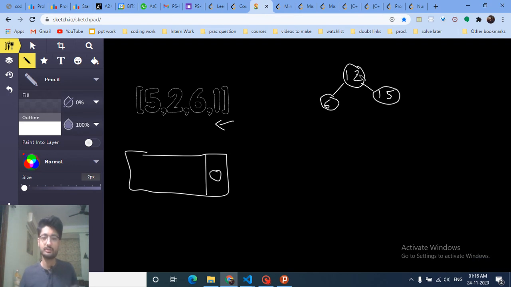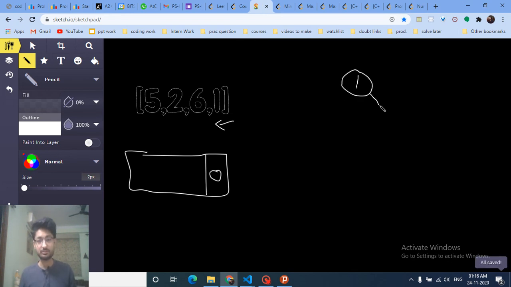Okay, oh sorry, let's erase this tree because it can get messy. Just start with this only. I have the first node, which is 1, then the next node is 6. The 6 is greater, so this is 6, then 2 is also greater than 1, but it is smaller than 6, so it's like this.